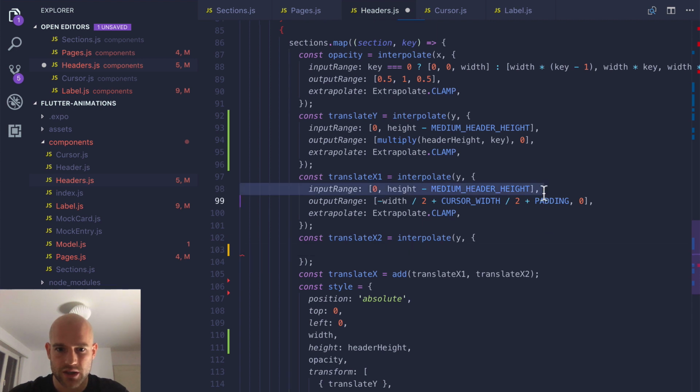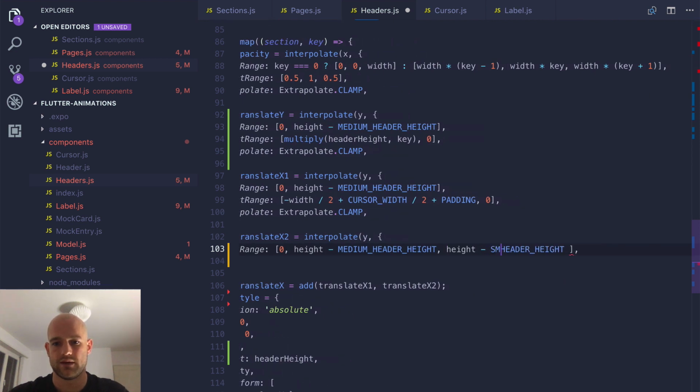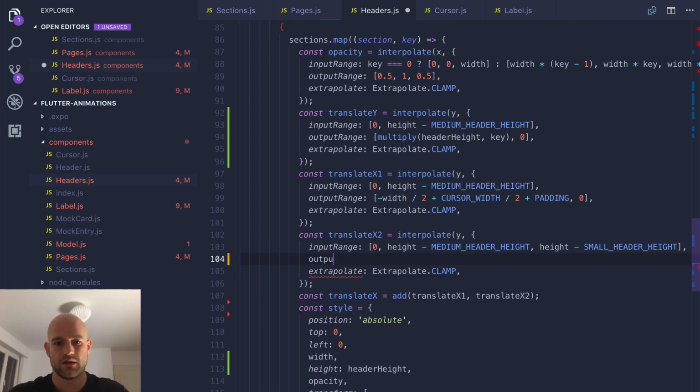So input range, here we have three different positions. So we have this one and small header height. Okay. Extrapolate clamp. Output range. So 0. At 0 we do nothing. So when we are at 8 minus medium size, we